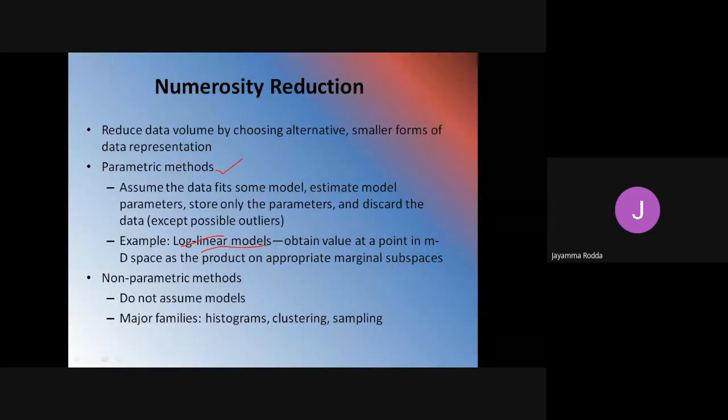We will see what this log linear model is. Non-parametric methods do not assume any models. Particularly histograms, clustering, and sampling come under non-parametric models. So let us see what log linear models and non-parametric methods are.